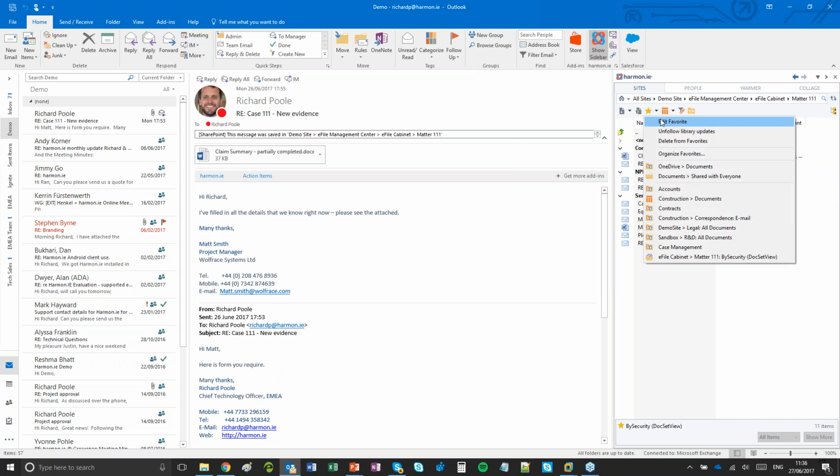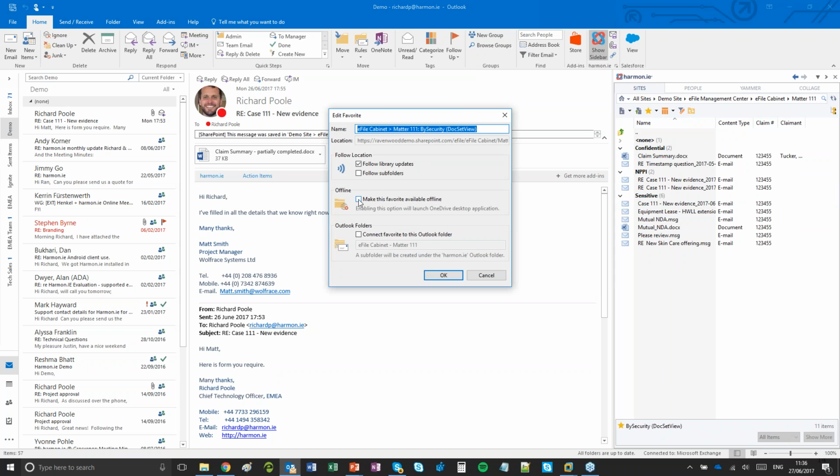So when I add that as a favorite, you have the option to make it available offline, and when you do that, it will start off the OneDrive for Business Sync client to synchronize the files, and Harmony synchronizes the metadata. So obviously Microsoft are heavily investing in file synchronization with OneDrive for Business, and Harmony's adding the extra requirements to that around working with documents and views and